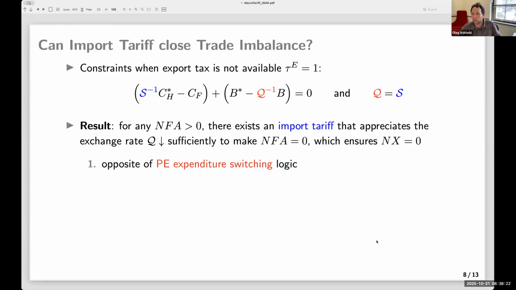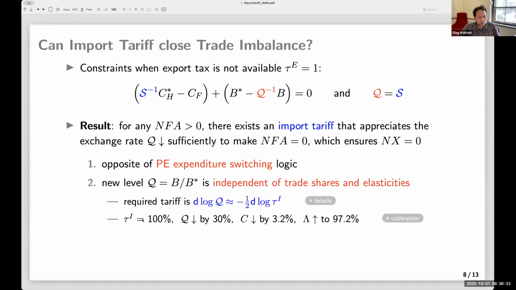For example, if you look at Obstfeld and Rogoff's testimony to Congress on by how much the exchange rate needs to move, it was a big depreciation of the dollar to rebalance trade. Here, it's a big appreciation of the dollar. And the size of that appreciation, our back of the envelope calculation says you need about a 100% tariff, which will cause about a 30% appreciation of the dollar, which will magnify US liabilities so that the wealth effect will force the US to run smaller trade deficits and close them, right? So this is the idea. Something that will make the US less wealthy and rebalance trade towards balance.